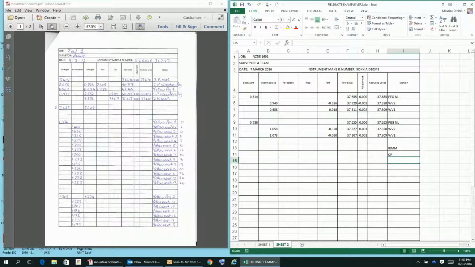yellow peg 1 at the top of the mountain, and then we'll be coming back in a double run with a change point, CP, and then back to IBMM. Okay, so that's just a pretty standard little run there, but this time we've got a little bit of a